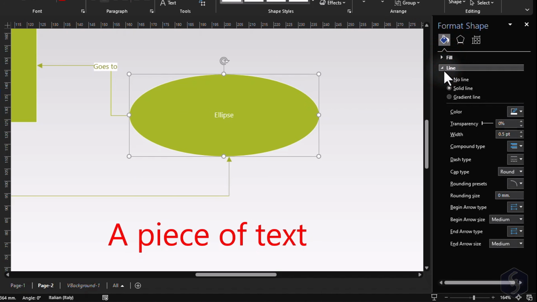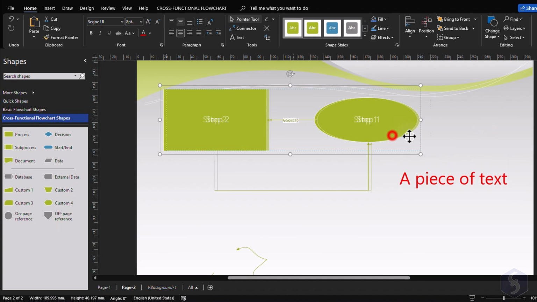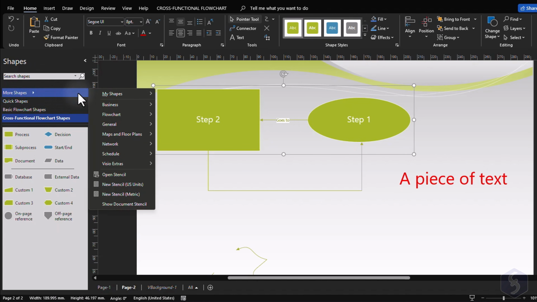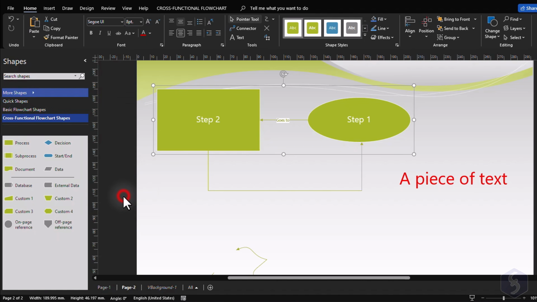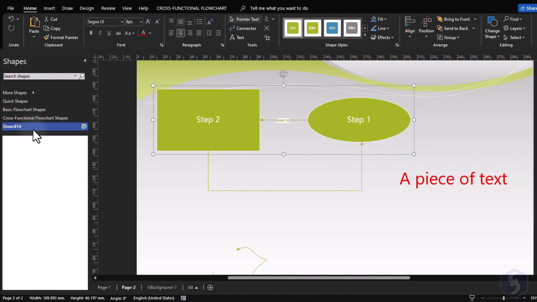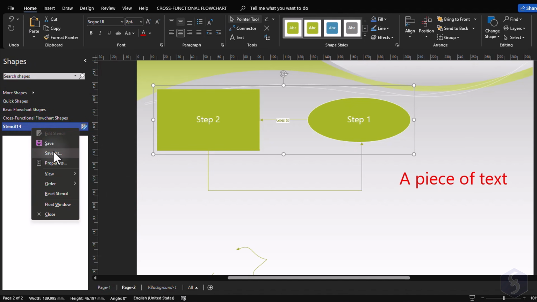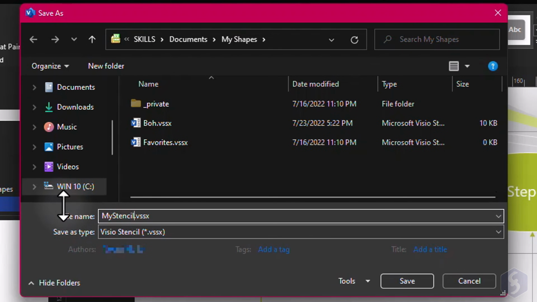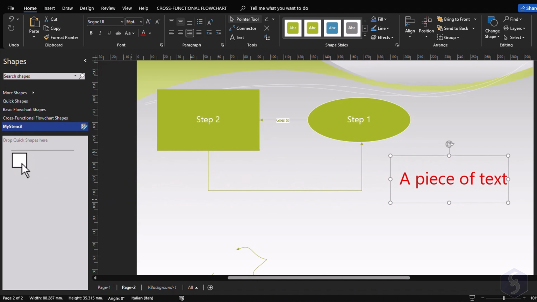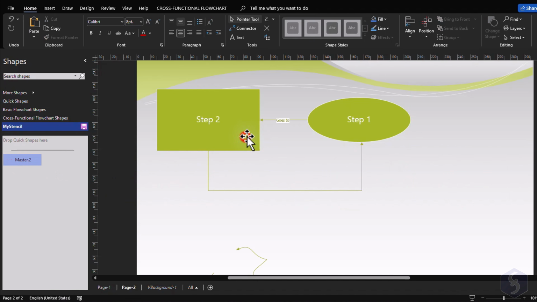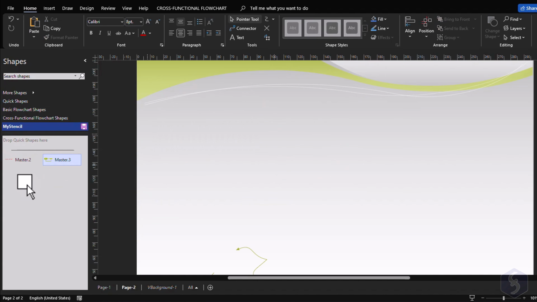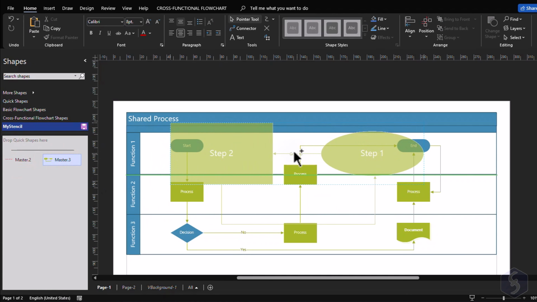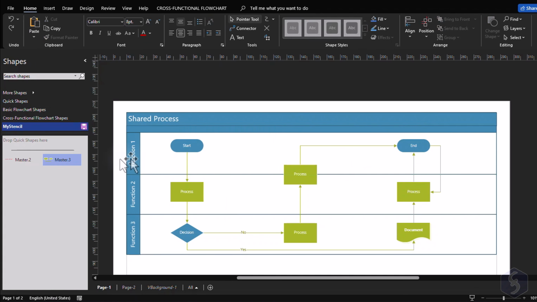Check it out. As you make custom drawings, it can be useful to save these for future Visio projects. Go to More Shapes, New Stencil to create a new collection and right-click on it to manage and save it with a proper name. At this point, you can drag and drop any shape or even entire groups to save these. Every time you need them, you just have to open your own stencil and drag these shapes into your new document.